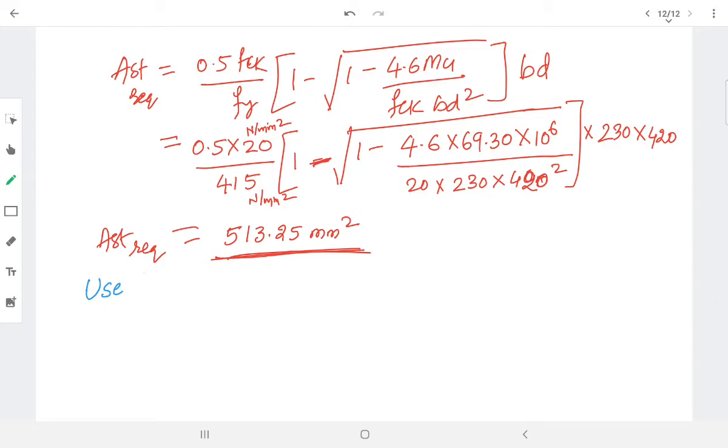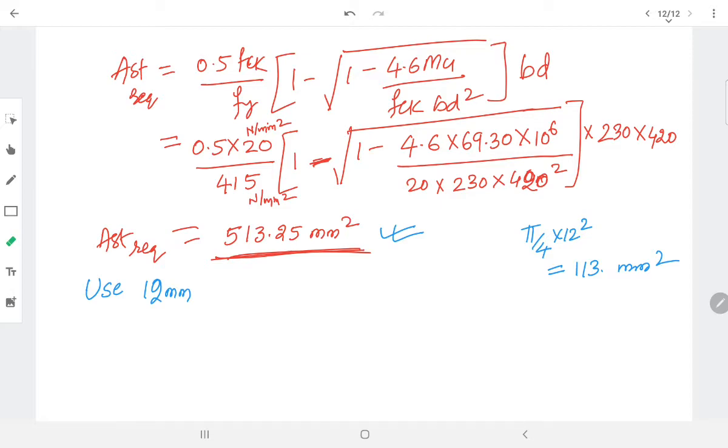Okay, to avoid that, what I will do, for main bars I'll go for a minimum of 6 mm. Generally we are not using that now. And 8 mm mainly will not be used for the beams as per IS guidelines. 10 you can use. Still, the reinforcement is quite high, it is more than 500 mm square, so I will be using 12 mm reinforcement. Area is nothing but pi by 4 into 12 square. It is around 113 point something mm square. Area of one bar I'll be getting 113 point something.